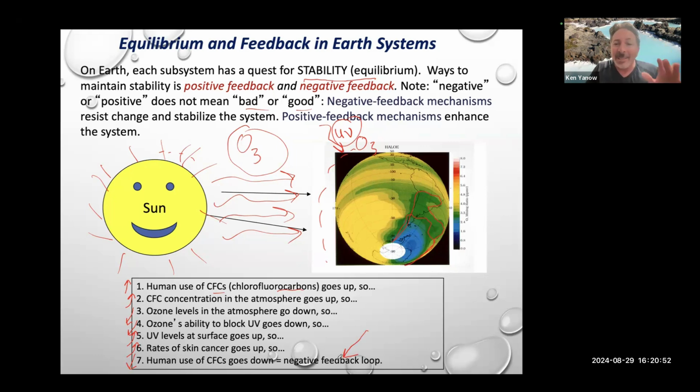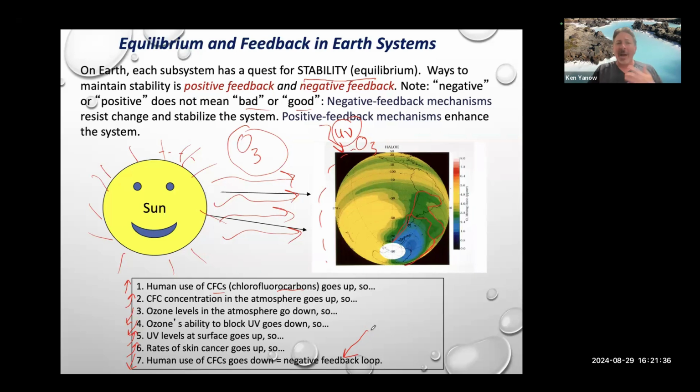The world actually got together. They analyzed the destructive nature of CFCs. And as a collective human community, everybody decided to reduce or limit the use of chlorofluorocarbons. This was not an overnight success because chlorofluorocarbons last for like 50 years in the atmosphere before they break down. But now what we're seeing is a complete reduction and a reversal of the ozone thinning because the world community actually got together, recognized the problem, and started to reduce the use of chlorofluorocarbons. So again, this is a nice example of a negative feedback loop.